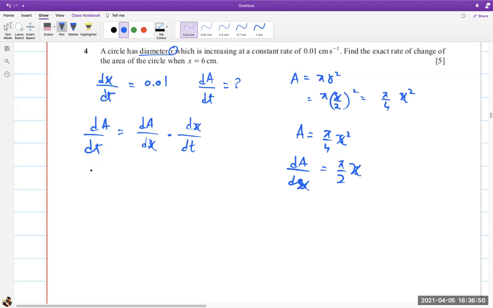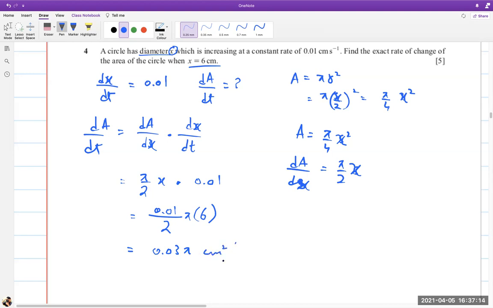Now you just have to figure out what is dA by dt. What is dA by dx? Pi by 2x. And what is dx by dt? 0.01. So that tells me it's 0.01 over 2 pi into x. And what is x? They have told us it is 6. So into 6. So that's going to be 0.03 pi